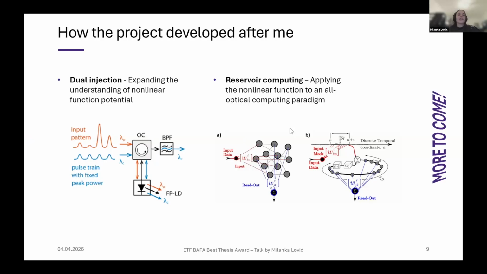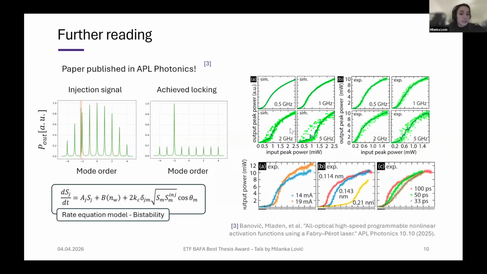And finally, I wanted to invite you to some further reading if you're interested in these results. They are partly published and partly expanded even more in this paper published in APL Photonics last year,